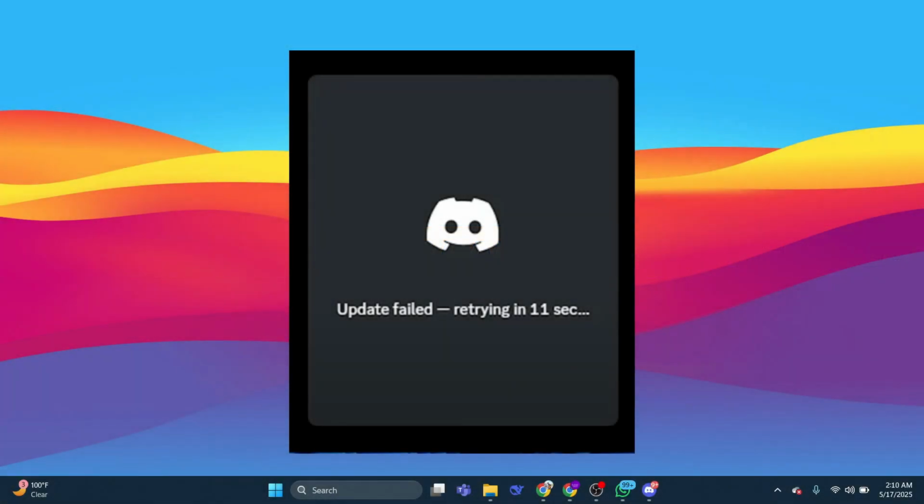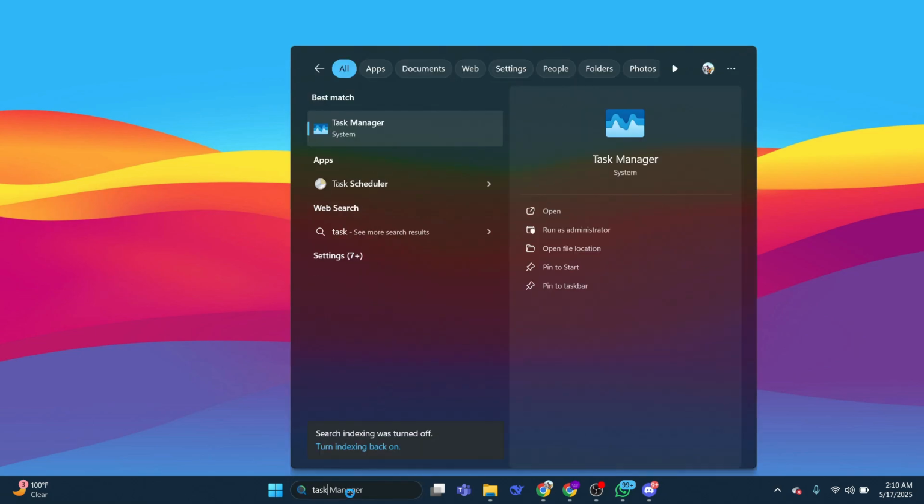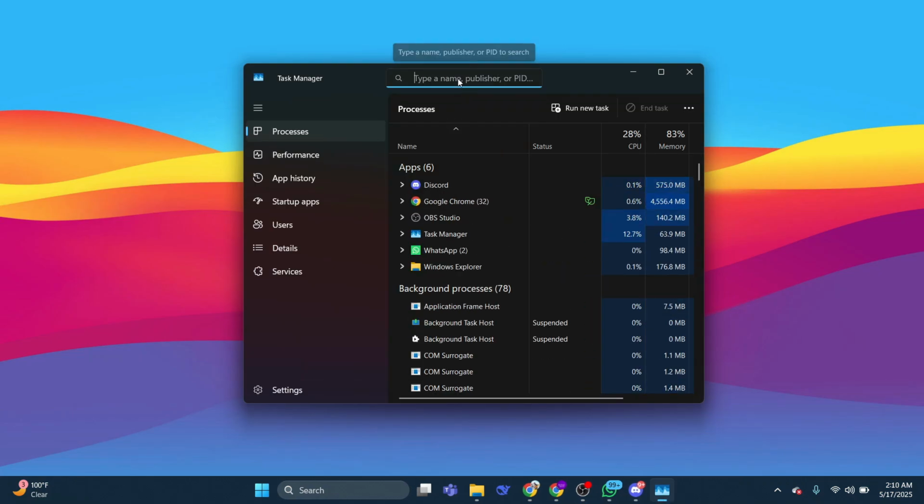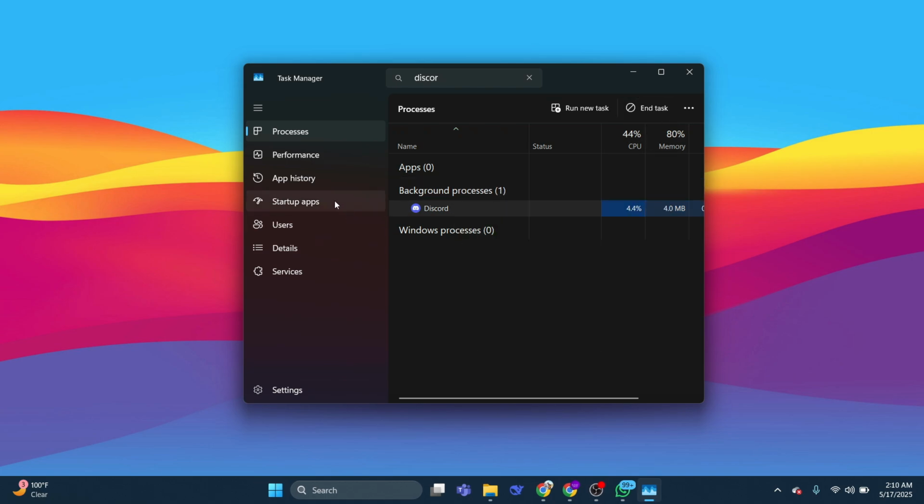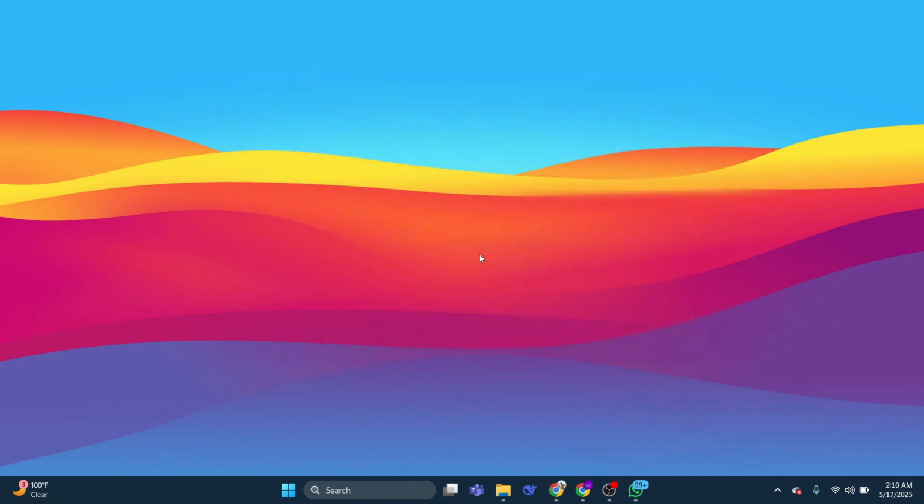So to fix this, you first need to head over to your Start menu and search for Task Manager. And from the Task Manager window, you need to come over to the search box and type in Discord. Then we're going to right-click on the Discord application and select End Task. Now, once you've shut down all of the Discord applications inside of the processes, we can close out of this